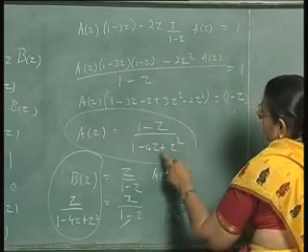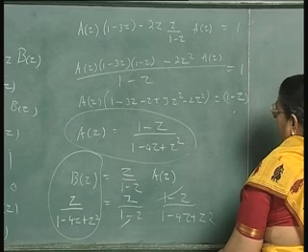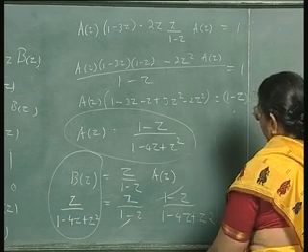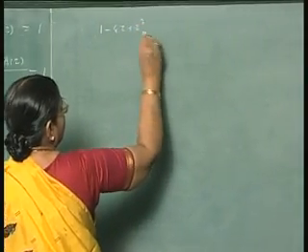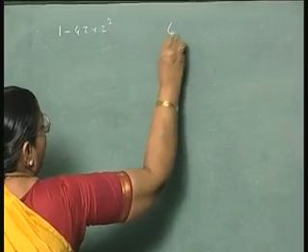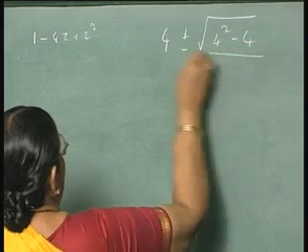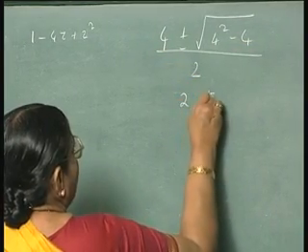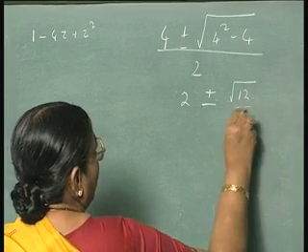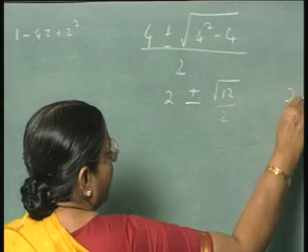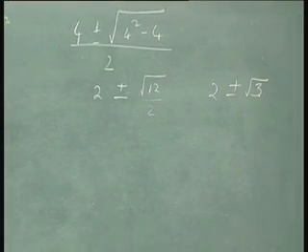Now, this is a quadratic expression. You have to resolve into partial fractions to get the roots. So, 1 minus 4z plus z squared, what are the roots? The roots are given by 4 plus or minus square root of 4 squared minus 4, by 2, that is 2 plus or minus square root of 12 by 2, which is 2 plus or minus root 3. So, having obtained like this,